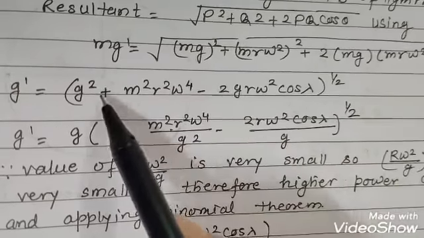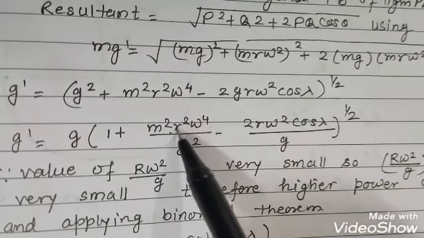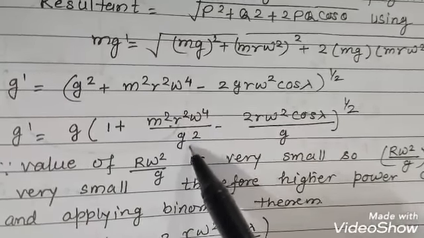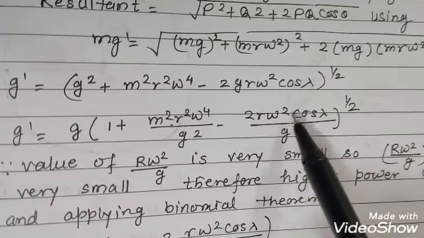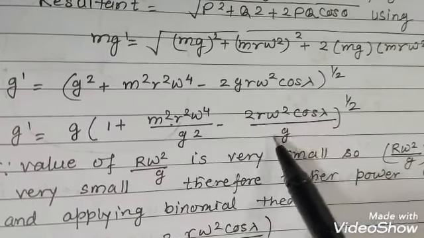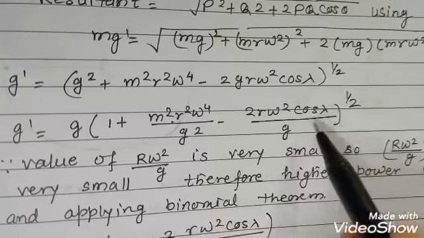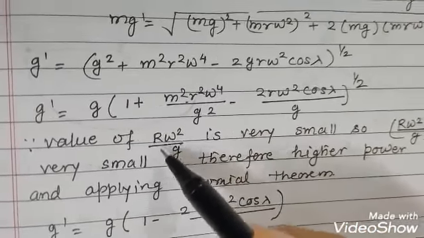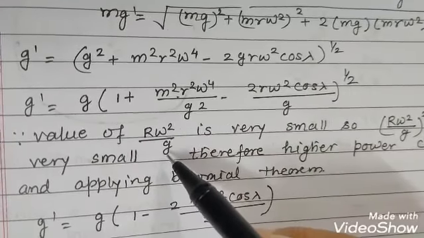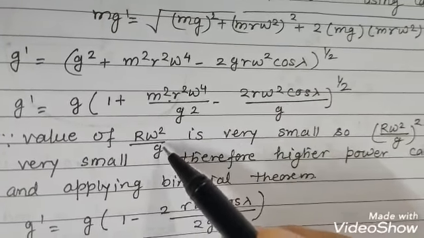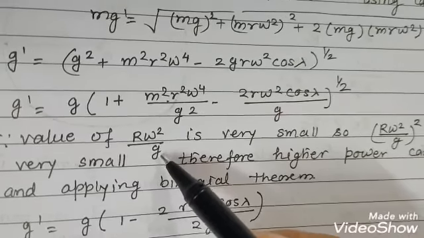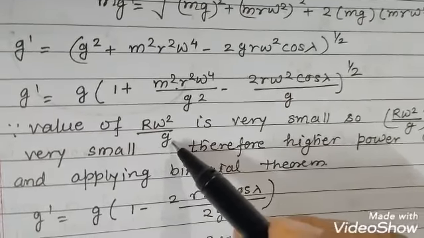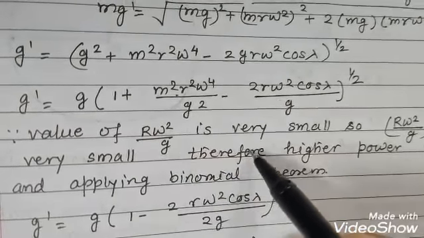So you will find 1 plus r square omega to the power 4 upon g square minus 2 r omega square cos lambda upon g. Now if you see the value of r omega square upon g, all these quantities are known: the radius of the earth, the angular speed of the earth, and the acceleration due to gravity. You will find that this quantity is